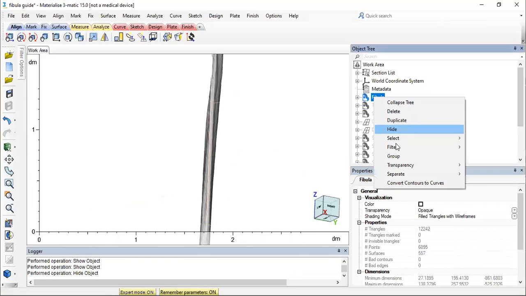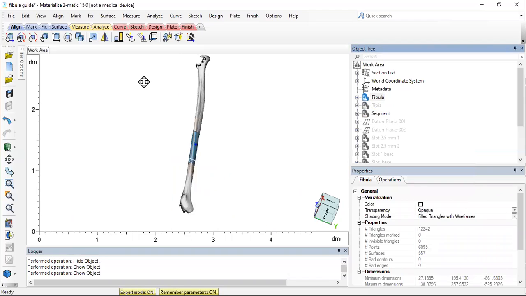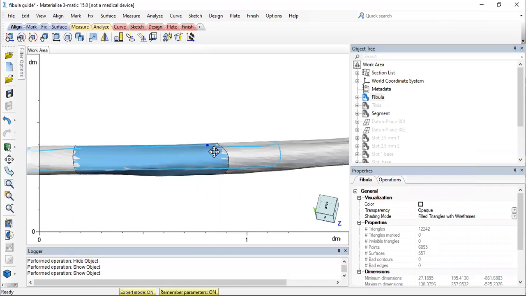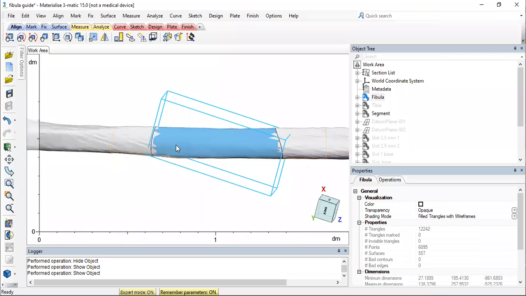I have incorporated the segment onto the fibula, right? So this segment we had extracted from the Mills file itself that I've incorporated here, right?